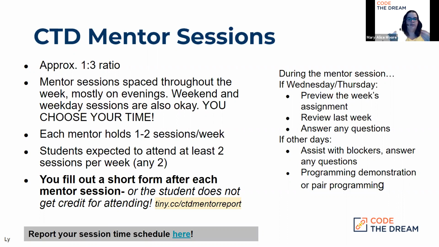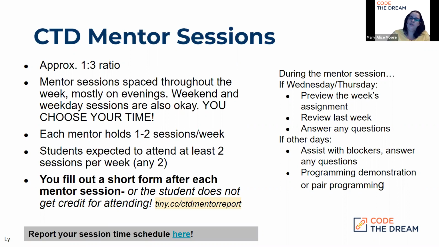What we've discovered from student feedback is if you're doing a Wednesday or a Thursday, it would be a little bit better to preview the upcoming week's assignment. So just walk through what the week is covering and what will be asked of them in the assignment, and help clarify if they have any questions, like, it says to map through an array, do they want the results alphabetically? Do they want it reverse alphabetical? That kind of thing. If they have any questions along those lines, it's a way to help comb those questions out.